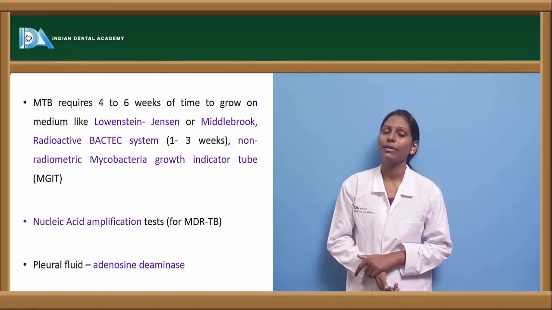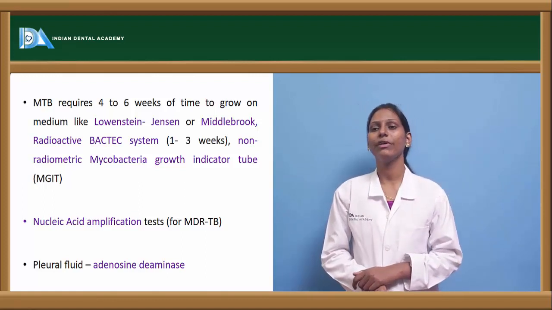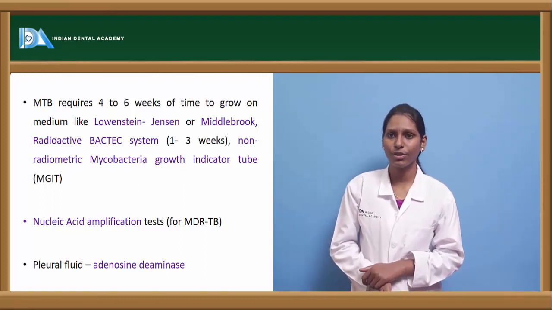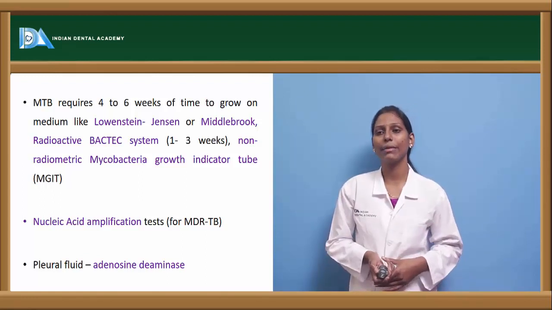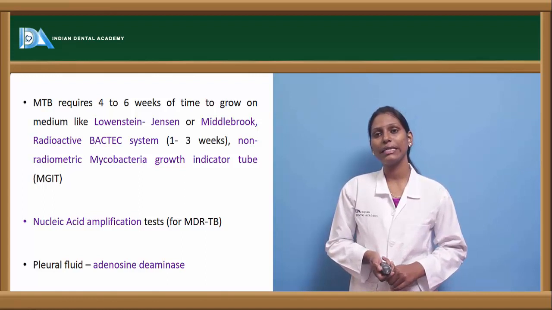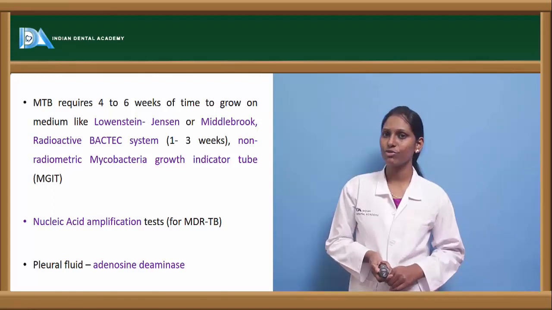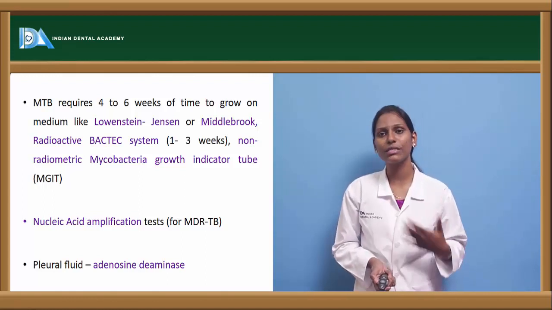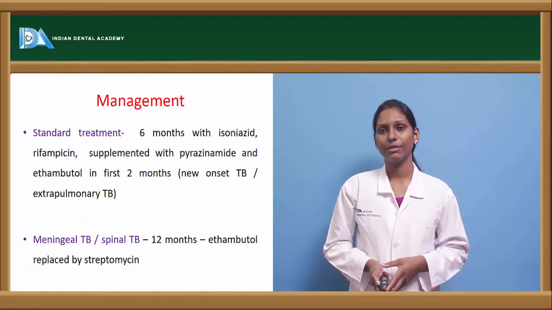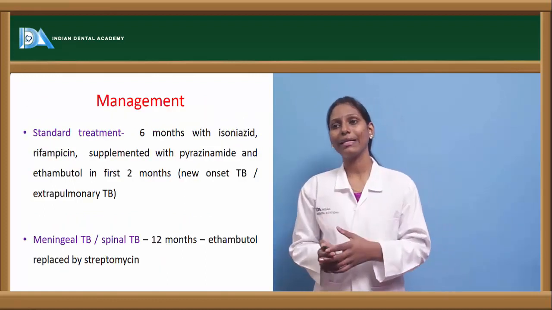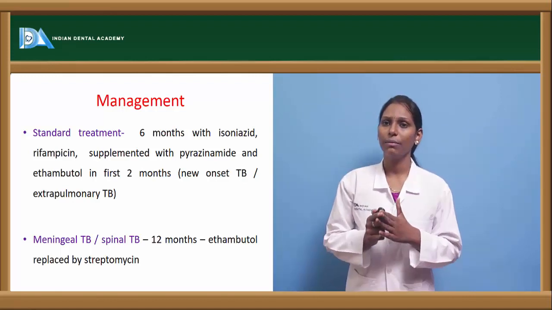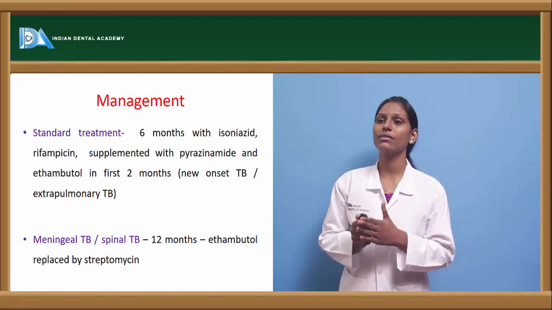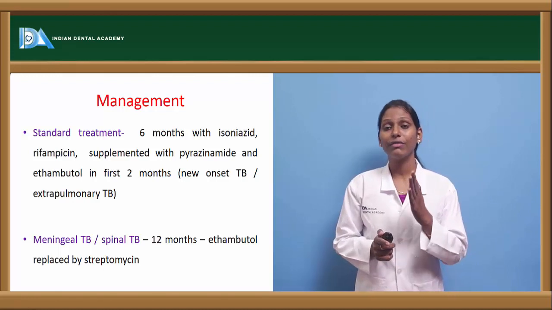Nucleic acid amplification test can also be done for MDR-TB, that is multi-drug resistant tuberculosis, and in pleural fluid we can also measure adenosine deaminase. By assessing this adenosine deaminase in the pleural fluid, it can also be one of the diagnostic tests for identifying Mycobacterium tuberculosis. When coming to management, normally the standard treatment for tuberculosis is 6 months of treatment with